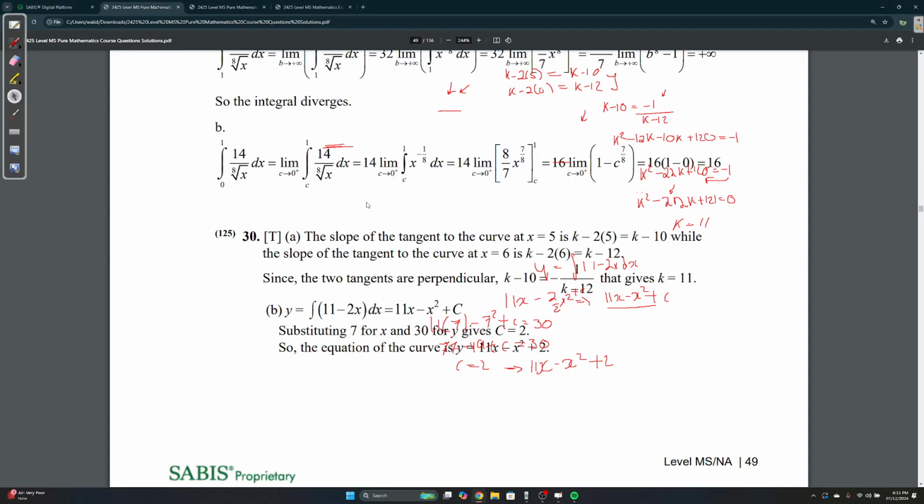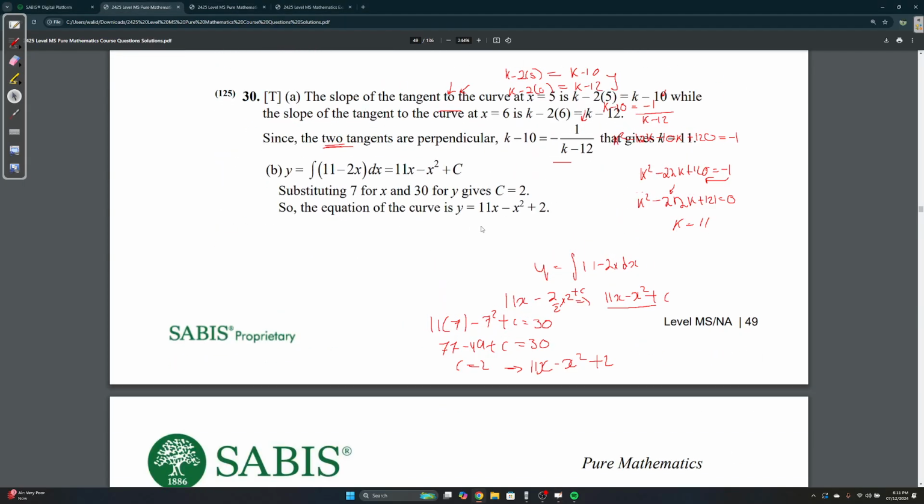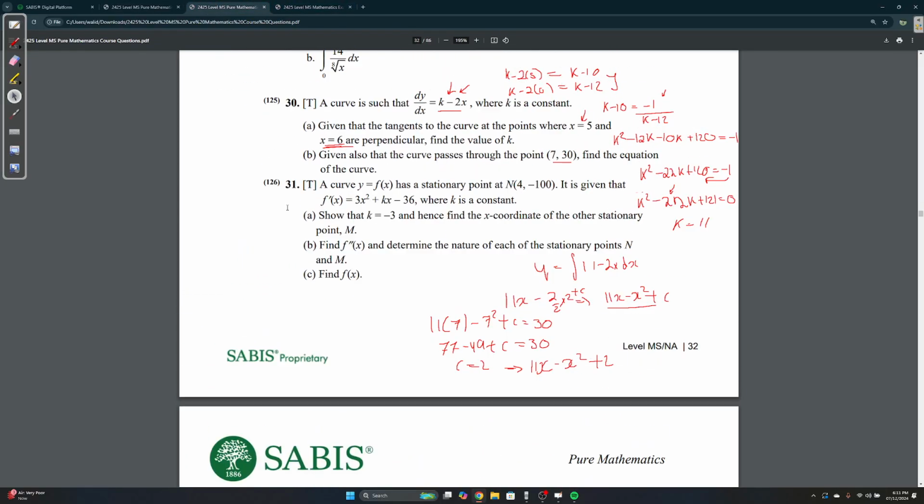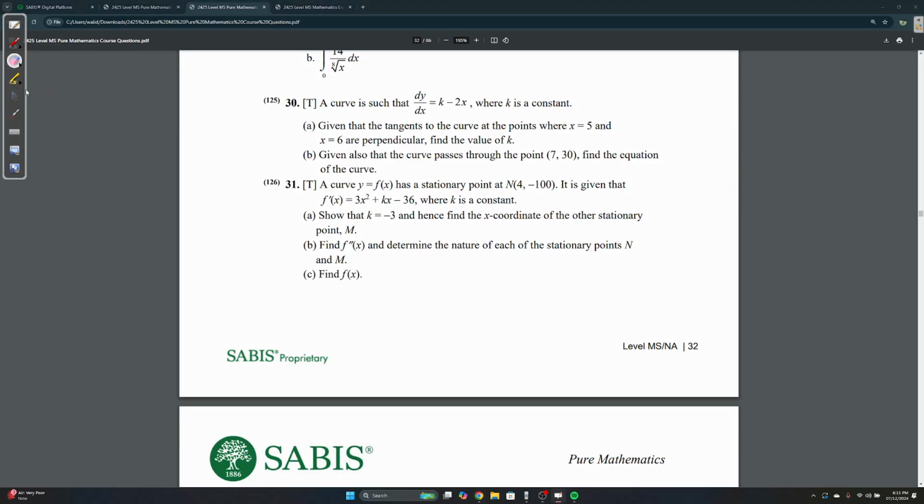Okay, you can do this. A curve y equals f(x) has a stationary point. It's given that f prime of x is this, where k is a constant. Show that k is equal to negative 3 and hence find the coordinates of the other stationary point M. Very, very easy. They gave you the stationary point. What does the stationary point do? At the derivative, what happens to the stationary point? It equals 0. So when you substitute 4 into the derivative, you should get 0 because it's a stationary